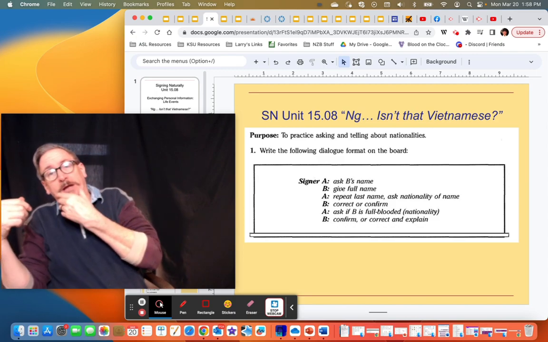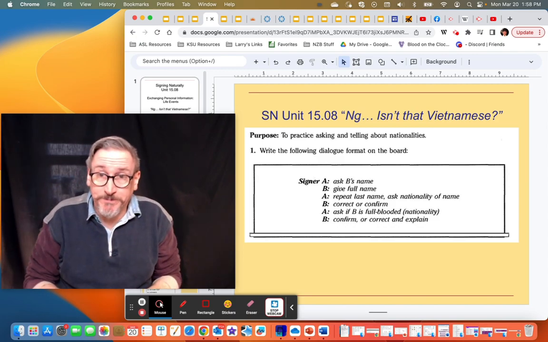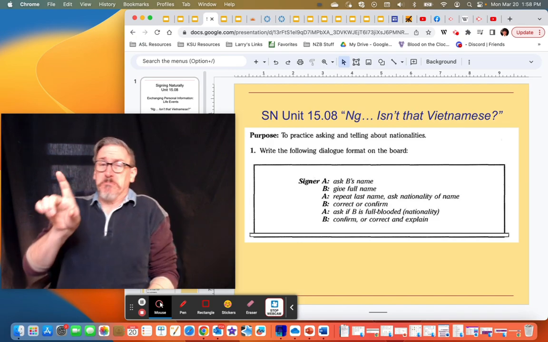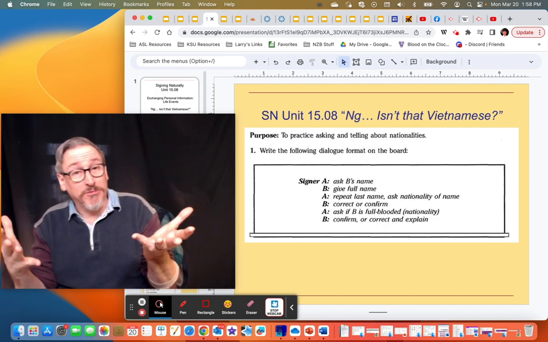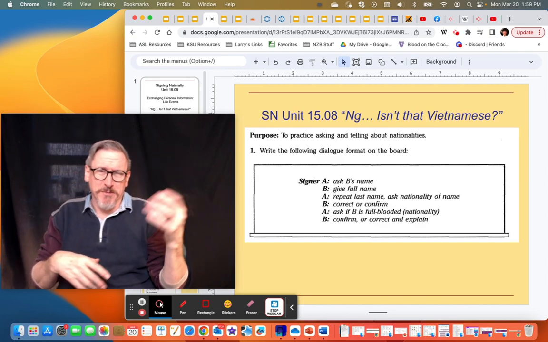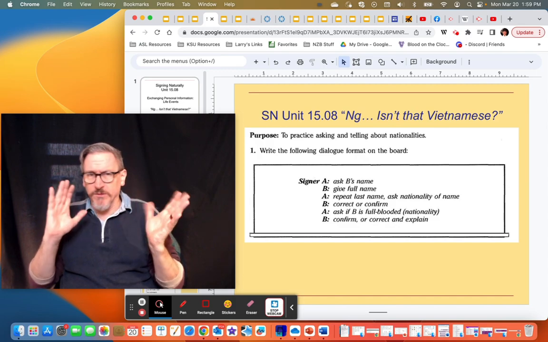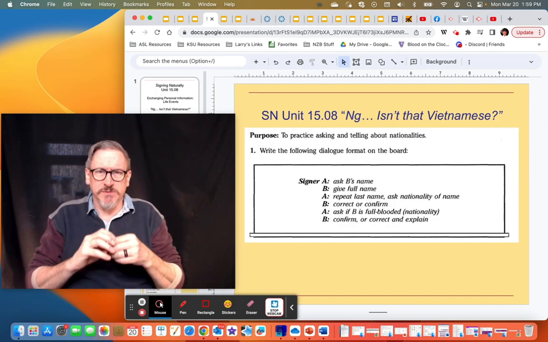So there are different ways that you can ask about the nationality of someone. So we're going to practice some different sentence styles for this. This will be the dialogue practice we would do in class. Again, it'll come out of more conversation, but here's a standard way. If you missed us doing this in class, this will help. So,